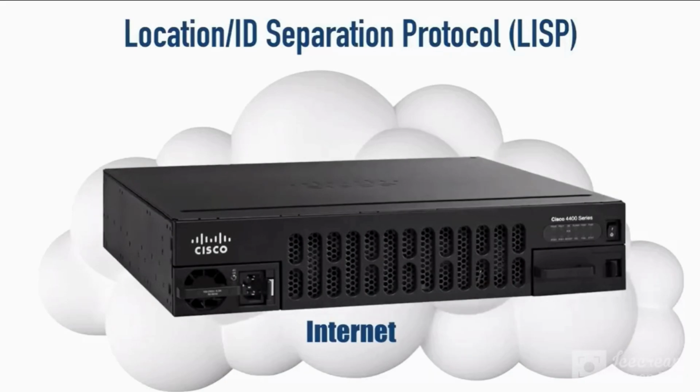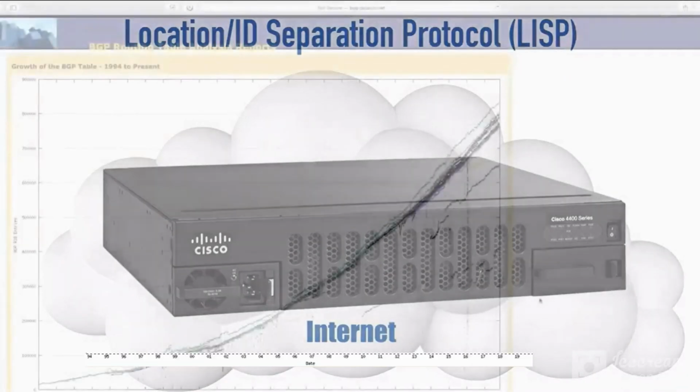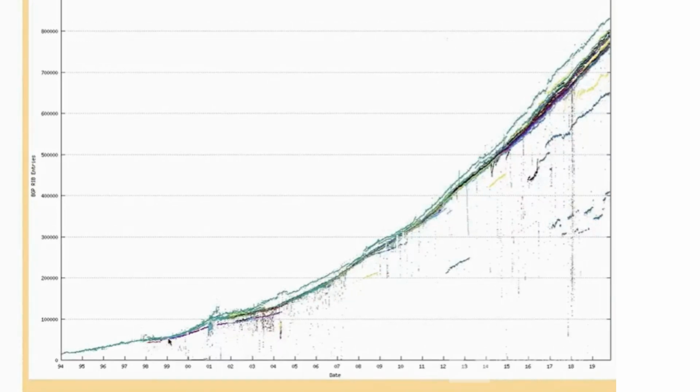In fact, let's go out and take a look at the size of the internet routing table at the time of this recording. It used to be, when I started working with BGP and doing multi-homing, that we had about 60,000 routes at that point. Now we're approaching, or we've exceeded, 800,000 route entries, and it's probably going to be more than that when you